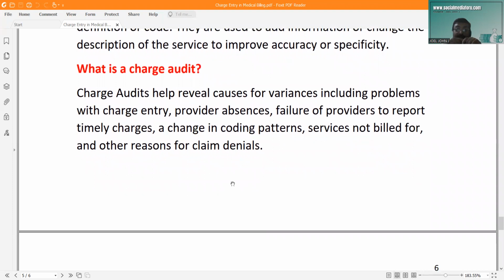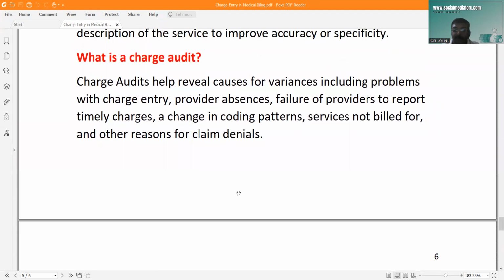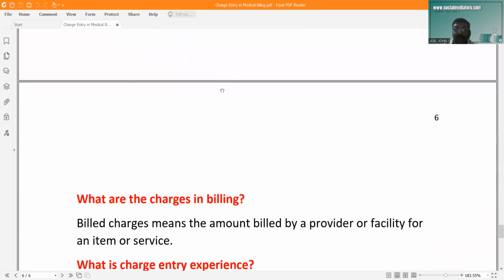What is a charge audit? Charge audit helps reveal variances, including problems with charge entry, provider absence, failures of providers to report charges timely, a change in coding pattern, services not billed for, and other reasons for claim denial. So this is what will be discussed on the charge audit team. So go through this and write it and memorize as well, because these kinds of questions they mainly ask